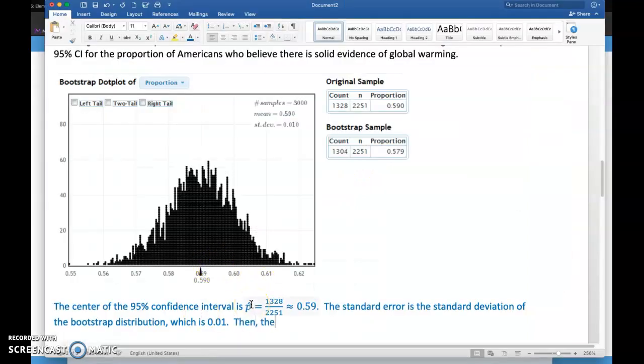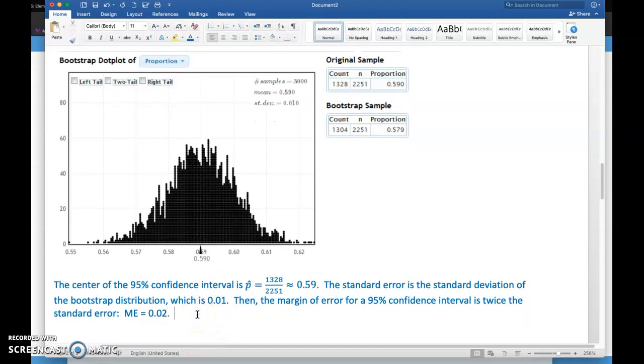All right, then the margin of error for a 95% confidence interval is twice the standard error. So say margin of error equals 2 times the standard error, so 0.02. And lastly,